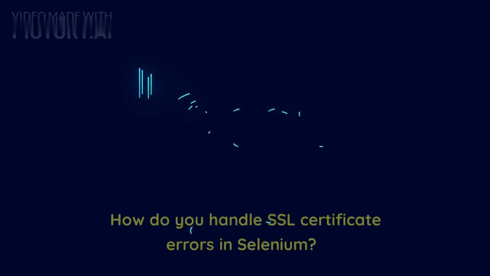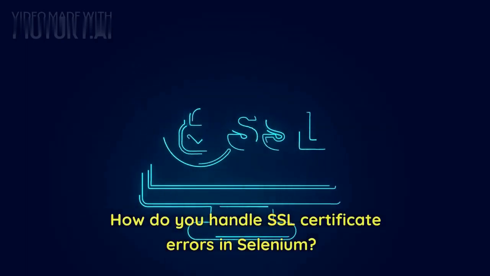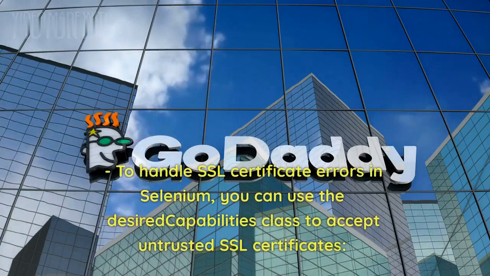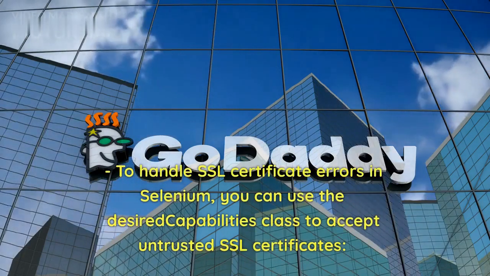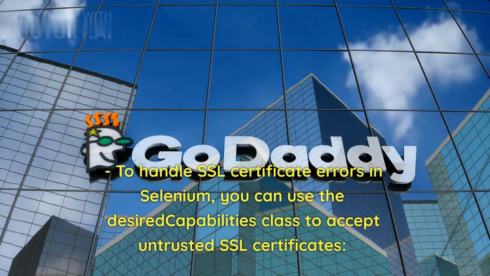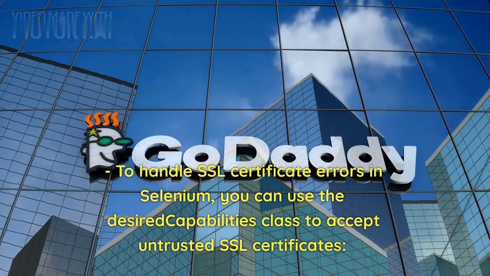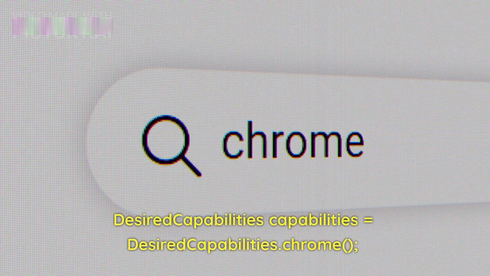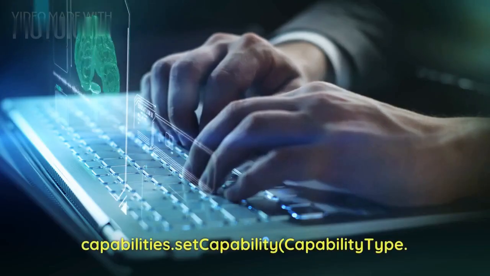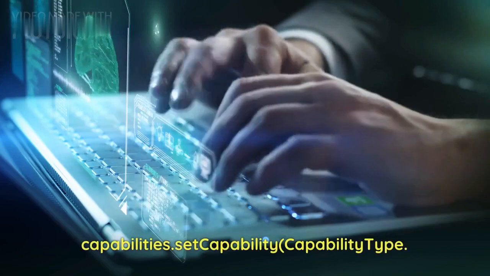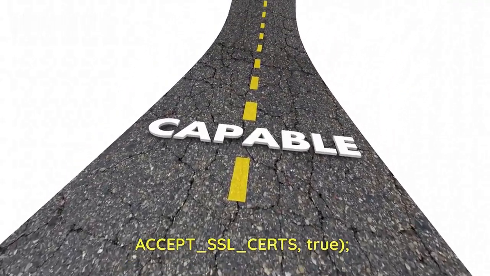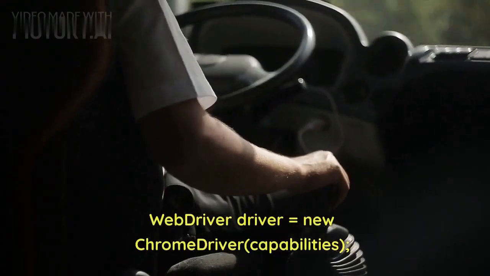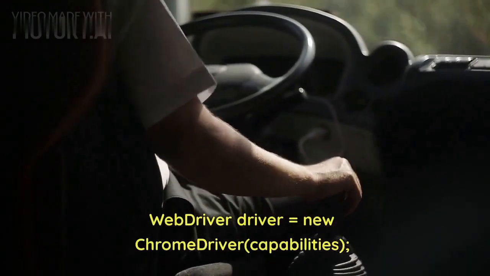26. How do you handle SSL certificate errors in Selenium? To handle SSL certificate errors in Selenium, you can use the DesiredCapabilities class to accept untrusted SSL certificates. Java: DesiredCapabilities chromeCapabilities = DesiredCapabilities.chrome(); chromeCapabilities.setCapability(CapabilityType.ACCEPT_SSL_CERTS, true); WebDriver driver = new ChromeDriver(chromeCapabilities);